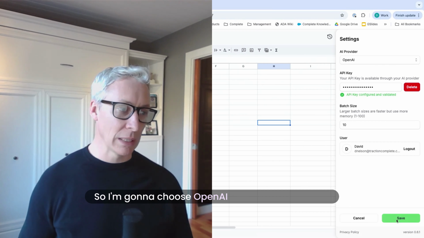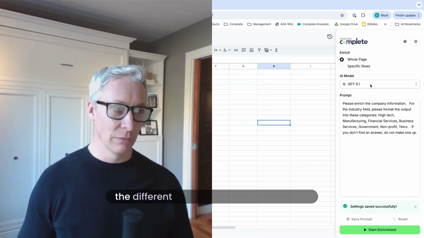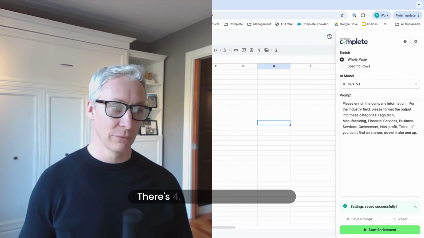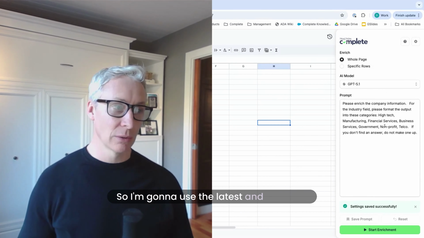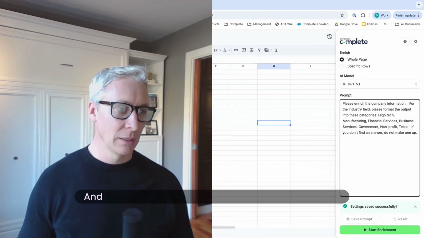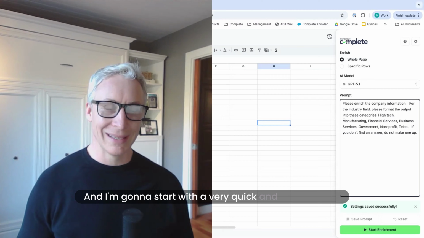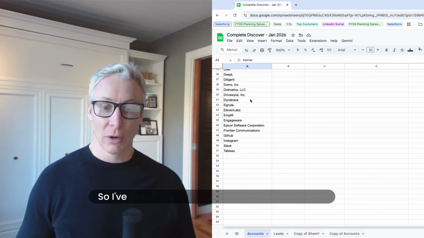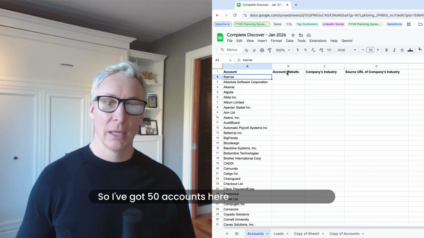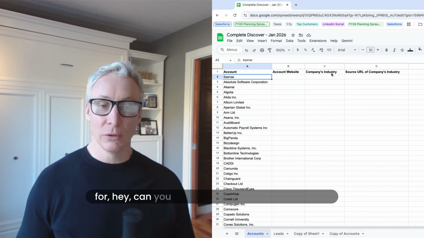So I'm going to choose OpenAI to start, and you'll see the different models we can choose from. There's 4, 4.0 mini, 5.1, etc. I'm going to use the latest and greatest, 5.1. And I'm going to start with a very quick and easy prompt, just to give you a sense of what's possible. So I've got 50 accounts here, and I'm going to ask it to find the website,